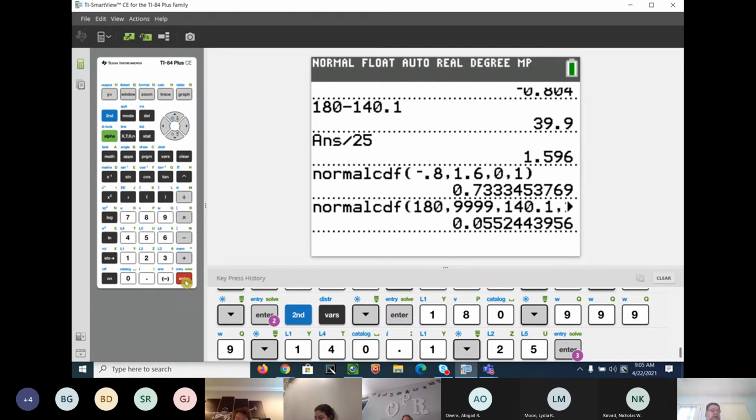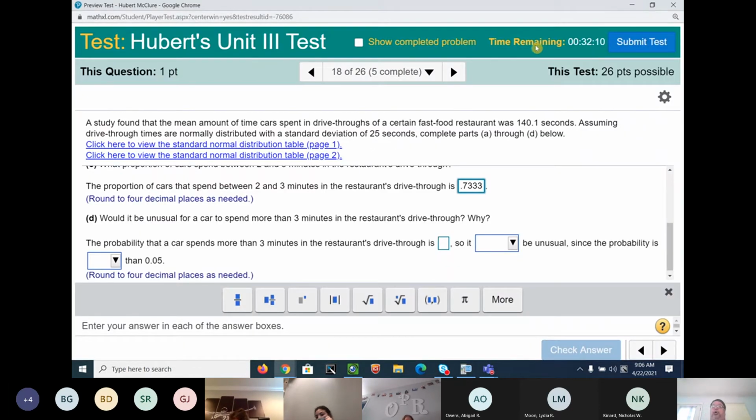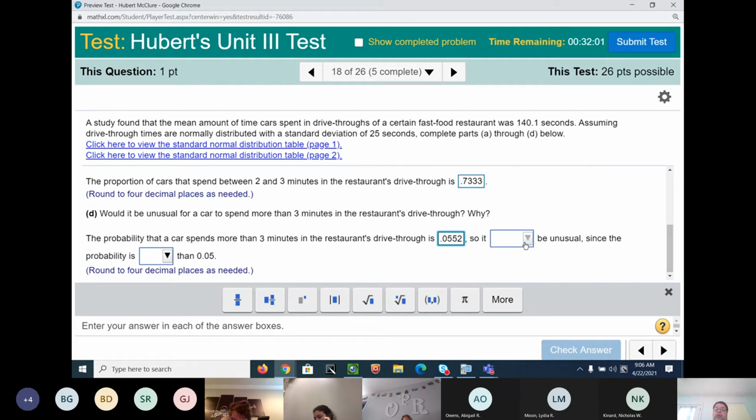0.0552, and I'll do that in, haven't used pink yet. And that's basically going to be this number right here past the orange. And that pink area that I just drew in right there is 0.0552. Or 0.06. Is that unusual? Be careful. No, it is not unusual because it is more than a nickel. So the probability is 0.0552. So it would not be unusual since the probability is more than